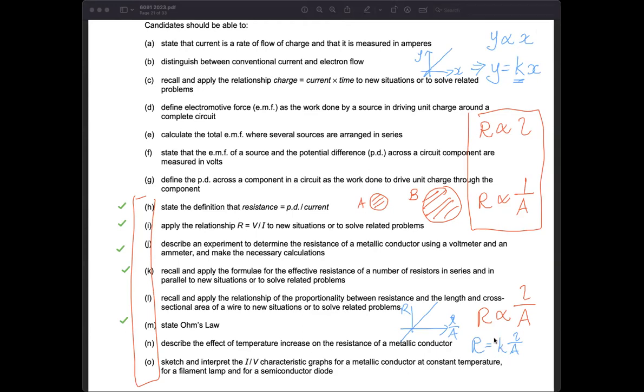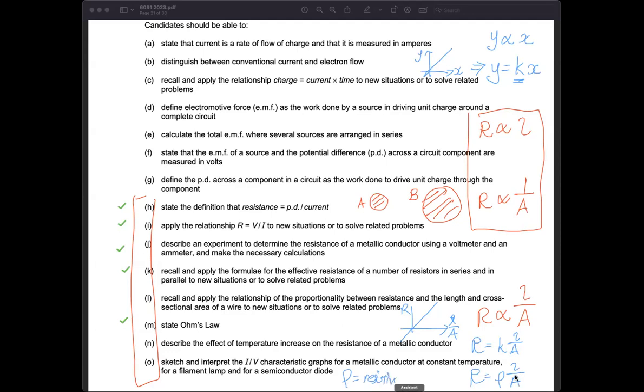Now, this k is a constant. This k is a constant. Okay, and this k in this topic in physics, we call this resistivity. Okay, this resistivity, we have a symbol for it. We call it rho, something like density rho. Okay, so the formula ends up becoming resistance is equal to rho L over A, where the rho is the